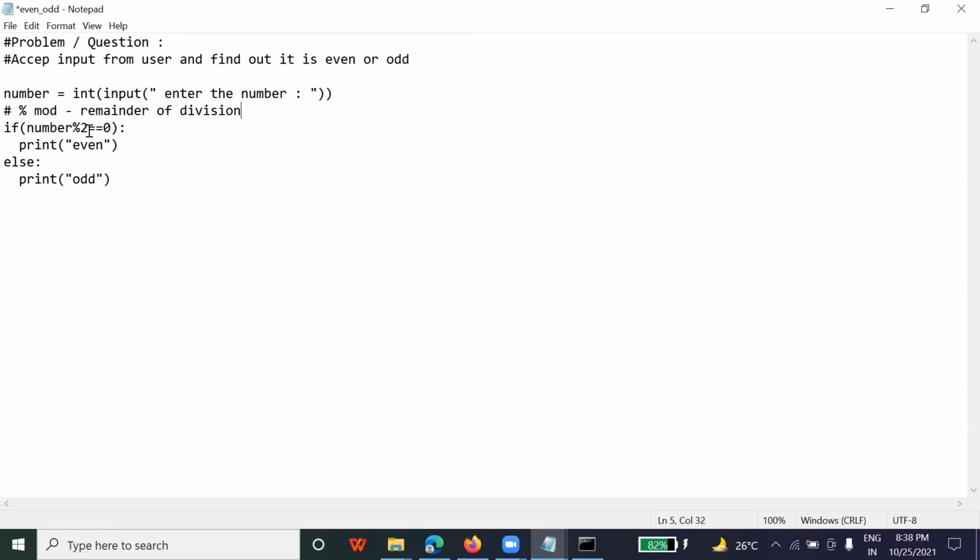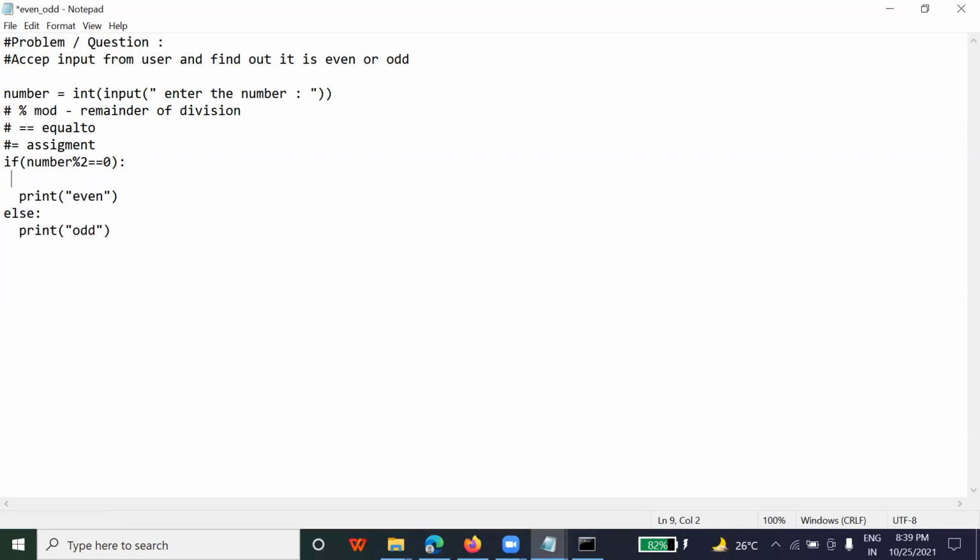1. Now, this double equal to is what? The equal to operator. Why is it called the equal to operator? Because I told you, this single equal is the assignment operator. In the starting I told you, with a variable, you use this one, so it is the assignment operator. You are assigning a value to the variable. When you want to compare two things, at that time you use double equal to. It means that number mod 2, meaning 45 mod 2, will give you 1.